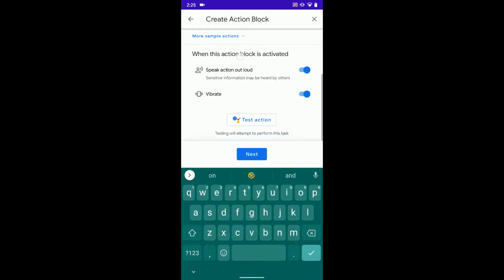The next part here is, when this action is activated, speak action out loud; sensitive information might be heard. That's if you want the assistant to speak out loud. I don't, so I just turn that off. And do you want your phone to vibrate or not? Then here you can click test action, and it'll actually run through this to make sure it works. So if I click on test,